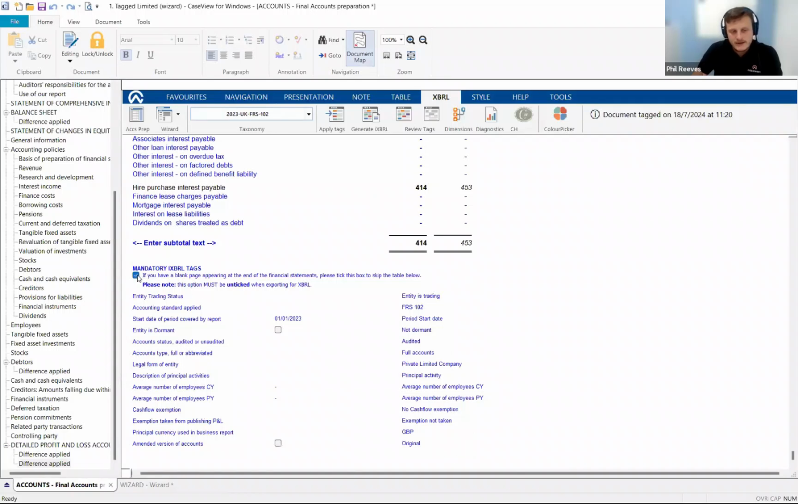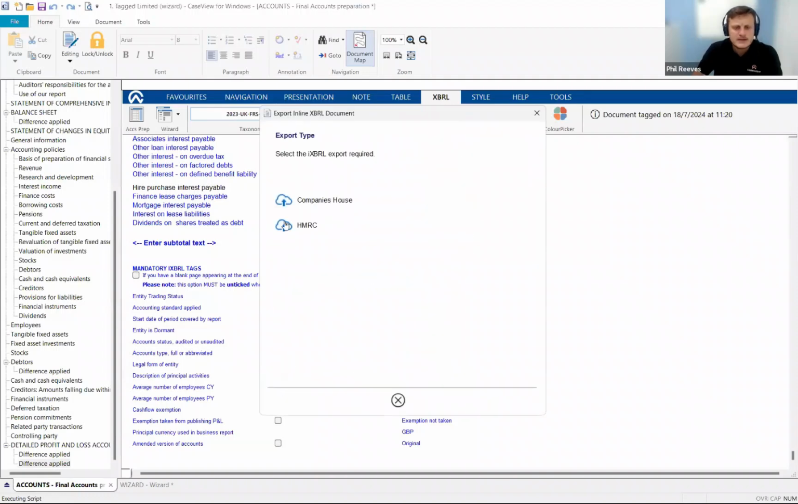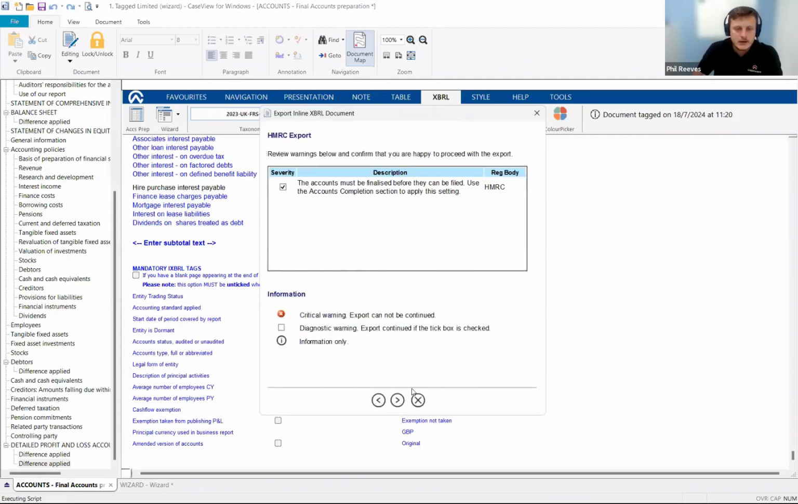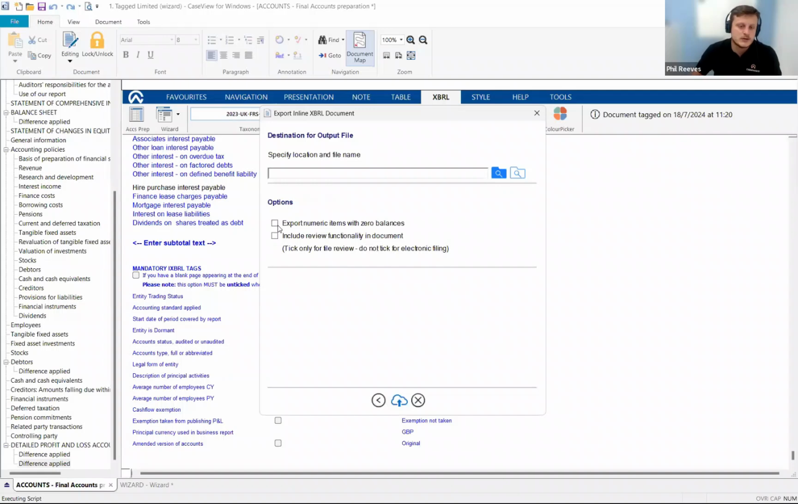Now, Caseware, previously, you'd have had to untick this manually. Caseware does it for you when you generate the iXBRL. But if we haven't got any average number of employees in this file, then when we generate the iXBRL, the only way to remove that error message would be, as you can see, it unticks that box when I click generate iXBRL. But the only way to avoid that error when we go through this process is to tick the box to export numeric items as zero balances. Otherwise, what you'll find is that Caseware will keep flagging up that error to say you haven't got any average